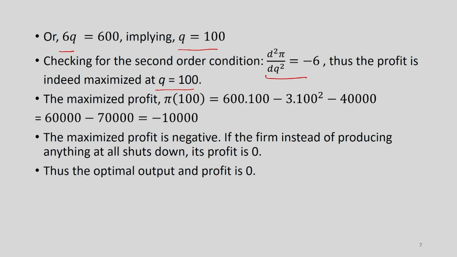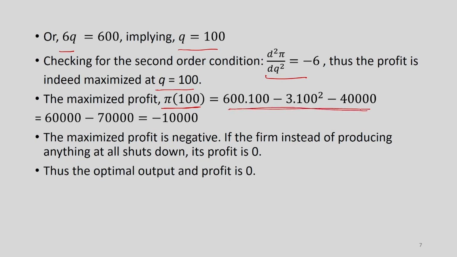What about the maximized profit? That is an important question, and as we shall see, this is going to be a very critical question. When the producer has maximized his profit, right, then what is the value of that maximized profit? Here the maximum profit is occurring at q is equal to 100. So I put q is equal to 100 in the profit function. So this is the profit function,